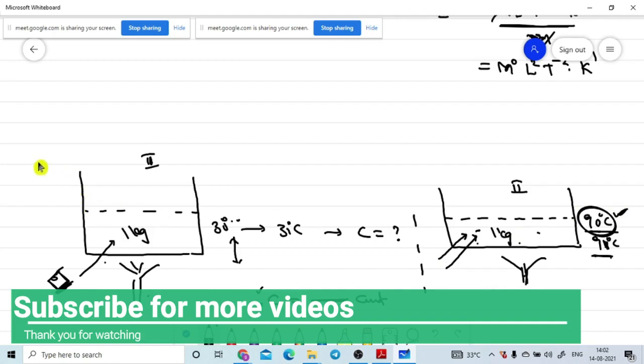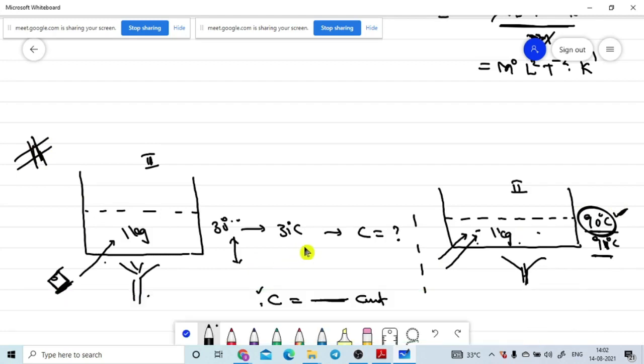Don't confuse. It is out of syllabus. I am telling this for your interview purposes only. Okay? Are you getting or not? Don't use these concepts while you are solving problems. Up to your level, you feel that C is a constant term for a given substance, but it is not a constant. If you go in an in-depth manner, it is not a constant. They may ask a question like this in your interview exams.